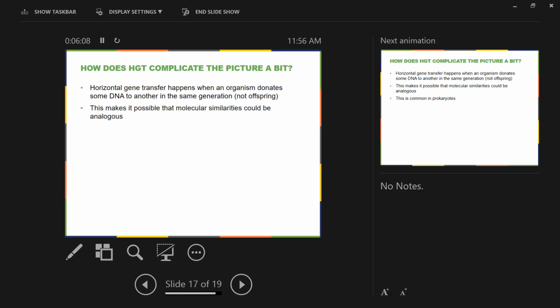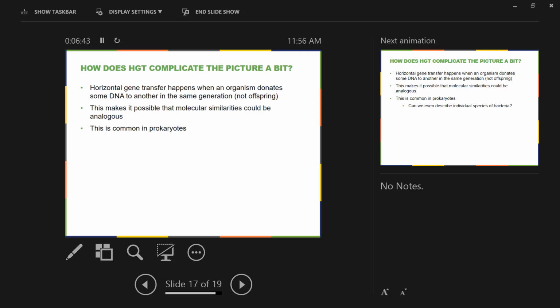So my brother and I could both have blue eyes. We don't. But my brother and I could both have blue eyes, and you would assume that because we're brothers, we both inherited those blue eyes from our parents, right? That would make sense. That would be a reasonable thing to assume. But because of horizontal gene transfer, it's actually possible that either of us could have gotten that gene from another individual and not from our parents. Okay? And so what this does is it makes it possible for molecular similarities to not be because of shared